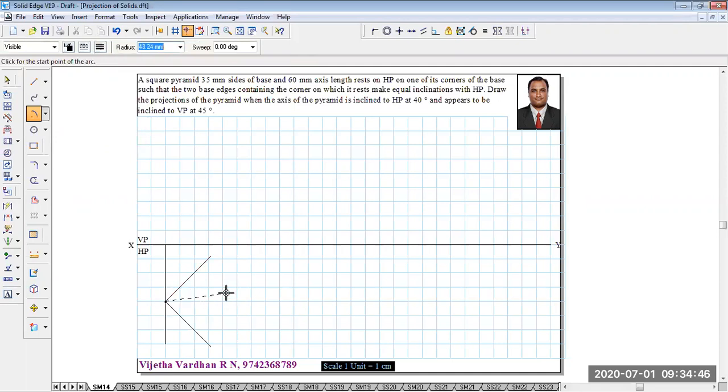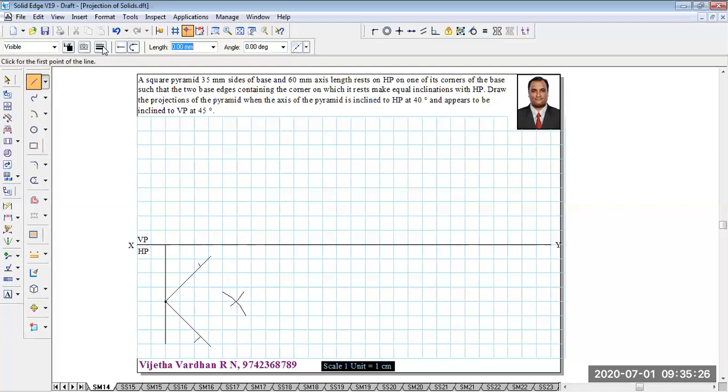and the radius value must be equal to 3.5 boxes like this. The radius value must be equal to 3.5 boxes like this, and then draw a constructional arc over here, and without changing the radius and the center point, draw one more arc over here like this. Okay, upon drawing which, without changing the radius, keep the center of the compass at this location, then draw one more arc over here, and in the opposite direction where we have drawn the previous arc, again without changing the radius, draw one more arc over here.